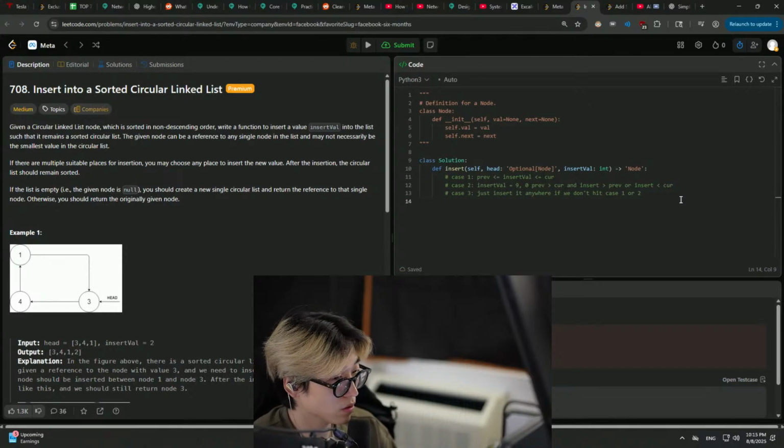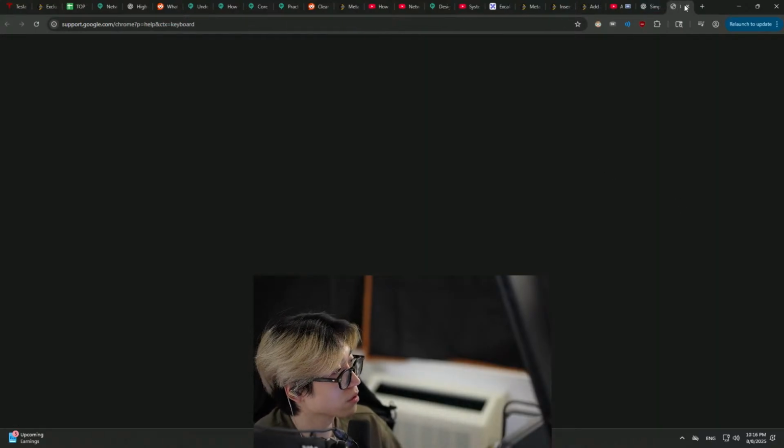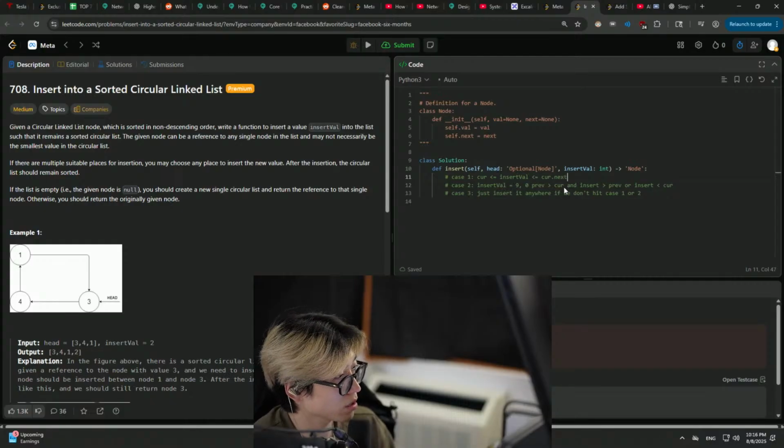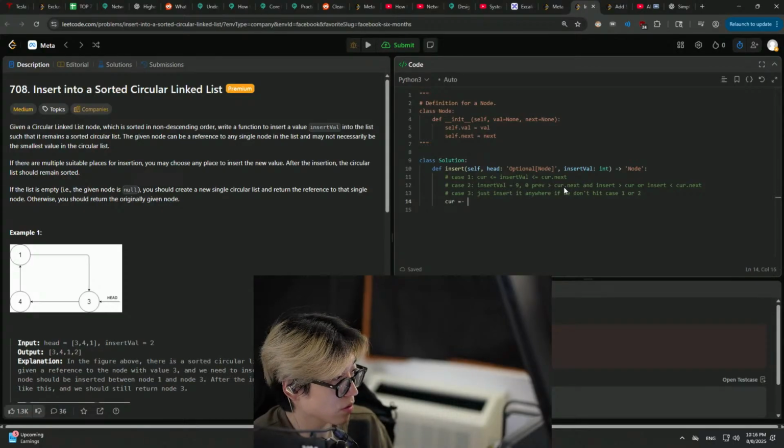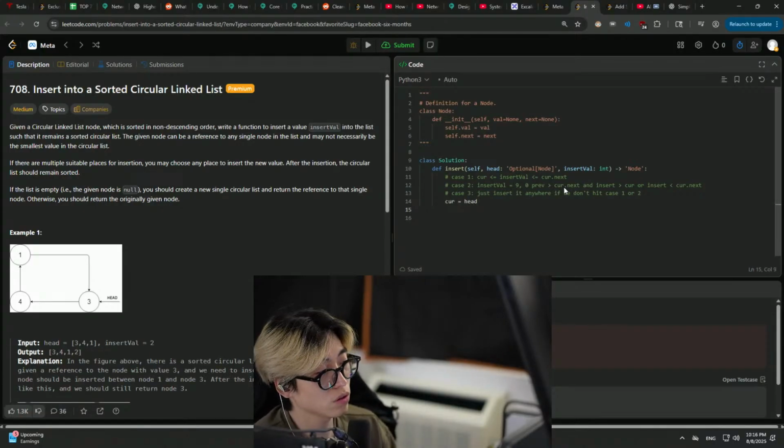All right, so why don't we go through this? Technically we don't need to call it prev because we always have something guaranteed. We can just refer to the next node as cur.next instead of prev and cur, right? So we'll call this cur, and all these will be cur.next, and all that cool stuff. All right, so cur is equal to head, right? So we have our cur equal to head, so while